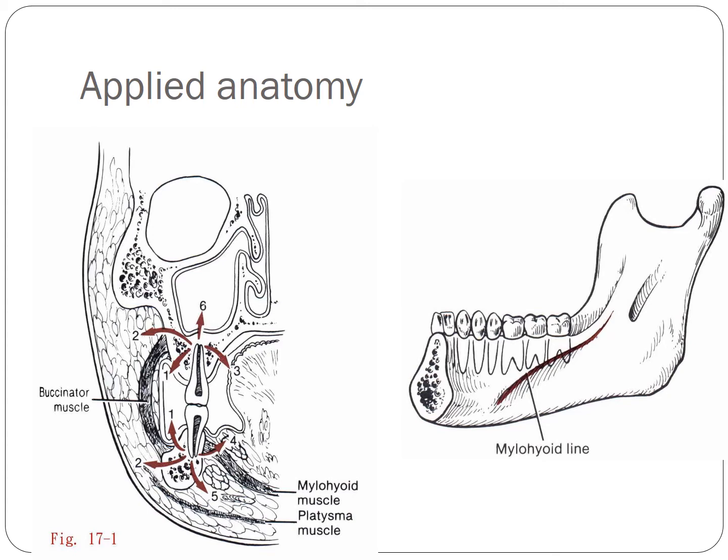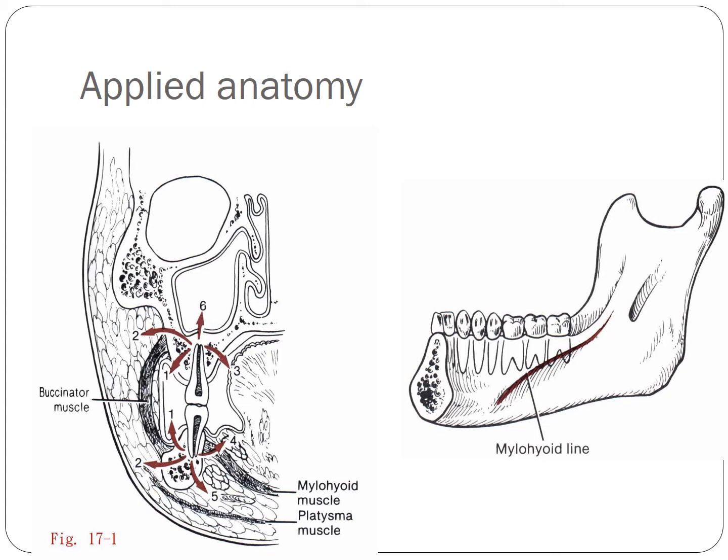Coming to the mandibular teeth, if the infection spreads laterally, again the buccinator muscle plays an important role in the spread of the infection. If it is above the buccinator attachment, it is seen as a vestibular abscess. If it is below the attachment of the buccinator muscle, it is seen as a buccal space infection. And when it spreads medially, the mylohyoid muscle plays an important role here. If the infection is above the mylohyoid muscle, it is seen as a sublingual space infection. If it is below the attachment of the mylohyoid muscle, it is seen as a submandibular space infection.